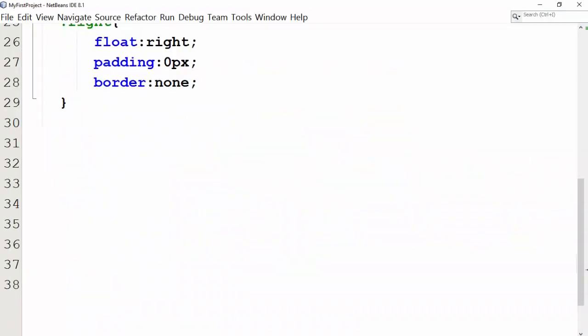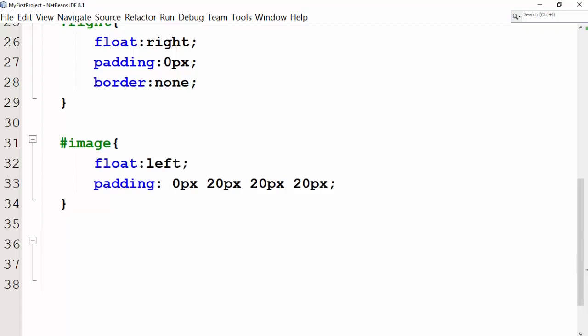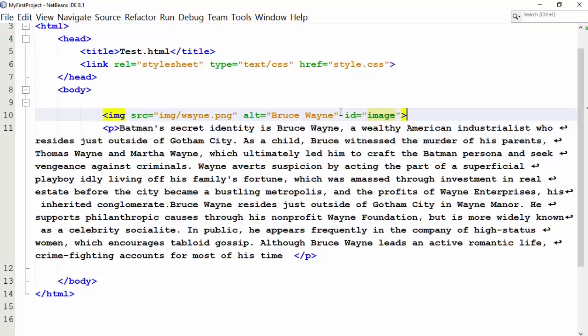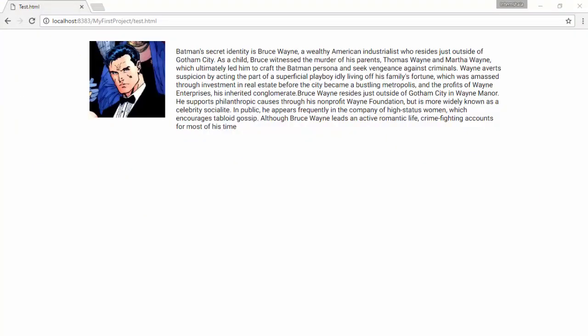We will open the style sheet to create an ID selector named image and define the float property like this. I have also defined padding for my image. Let us now go and see how exactly the image and text would look. You would see that the image is floating to the left and the paragraph text that we have used is on the right of the image. For better coding practice, we should have both these elements in a single div.